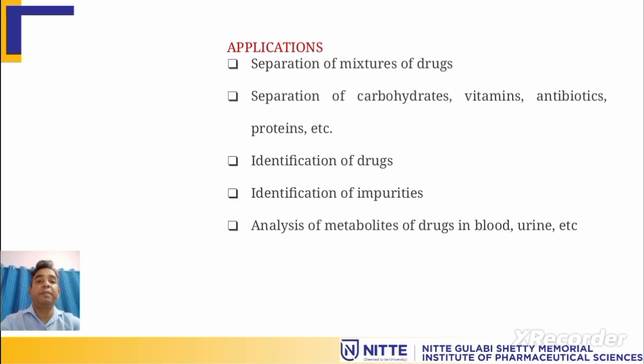What are the applications of paper chromatography? It helps in the separation of a mixture of compounds. It helps in the separation of carbohydrates, vitamins, antibiotics, proteins, identification of drugs, identification of impurities, and analysis of metabolites of drugs in urine. So this is how paper chromatography is applicable. We have discussed here the principle, procedure, method of detection, and then certain terms called RF value and Rx value, and the applications and the errors which have to be avoided while we are studying. So you can understand paper chromatography by